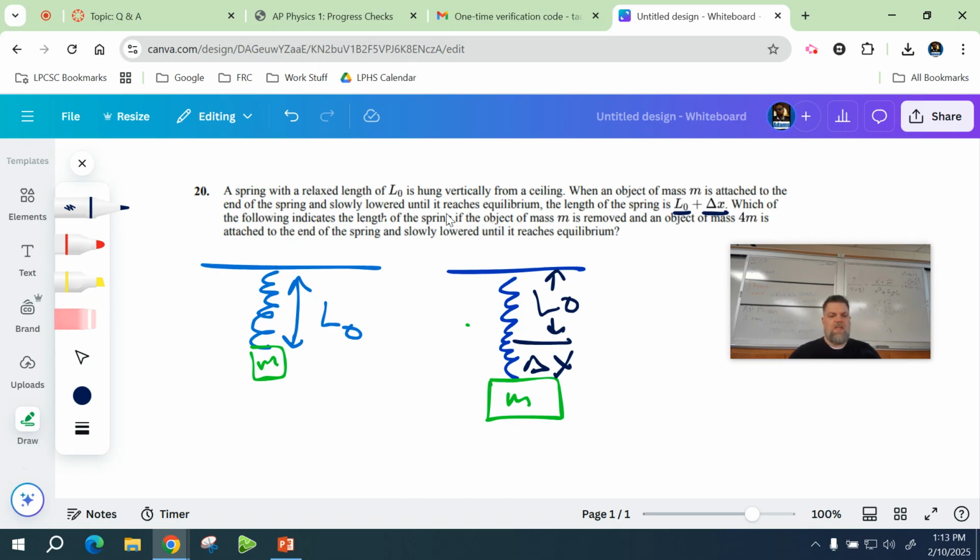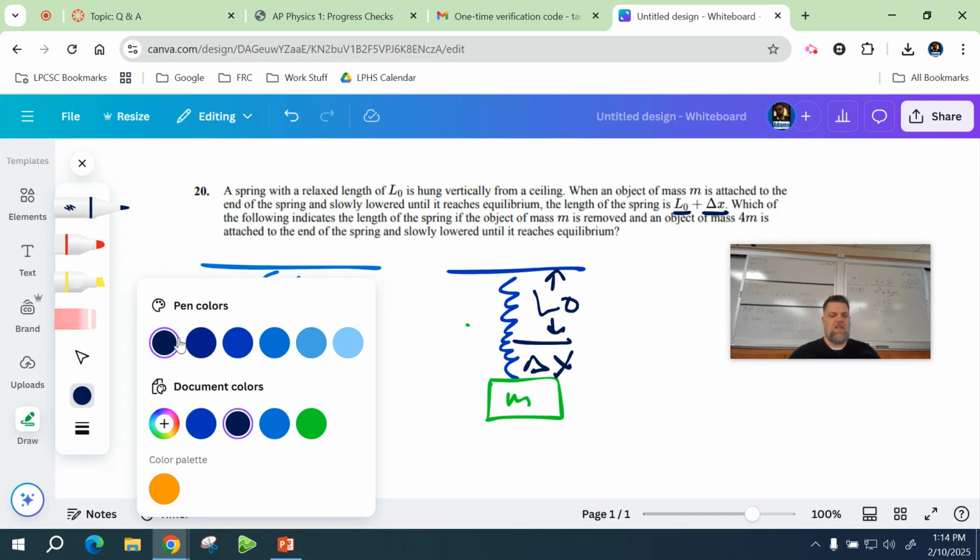Which of the following indicates the length of the spring if the mass of the object is removed and an object of 4m is attached to the spring? So what we're seeing is that the spring is deformed or stretched this much with mass m. What happens if I have another scenario